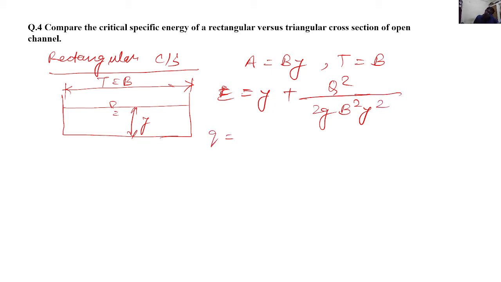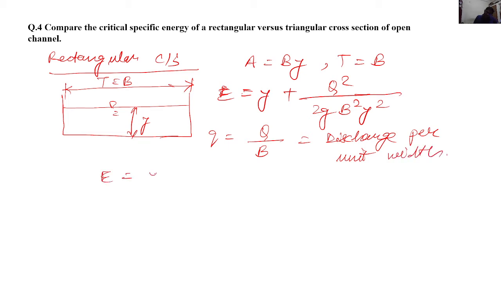So now let us suppose we take this expression q. q is equal to capital Q by b, which is discharge per unit width. So using this expression, E can be written as y plus Q square by b square, which can be written as small q square by 2g y square. Now in order to find the